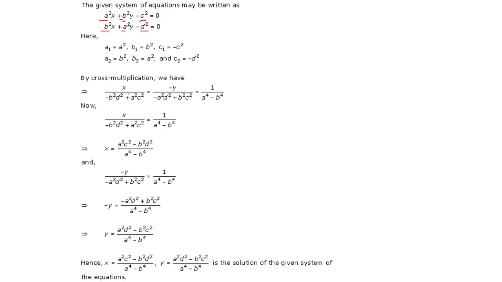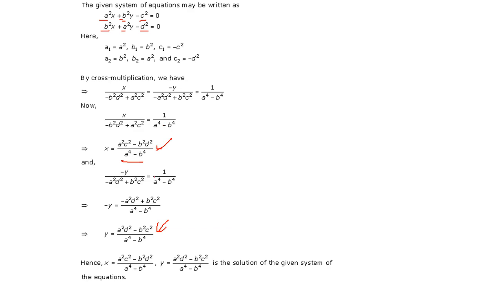Then in this case, we have a1, a2, b1, b2, and c1, c2. You have to see and take the negative signs. So finally, just cross multiply, and I have told you already how to do it. x will be this expression and y will be this expression. Just try it by yourself. The answer is in front of you. Okay. And once this is done, this is the solution.